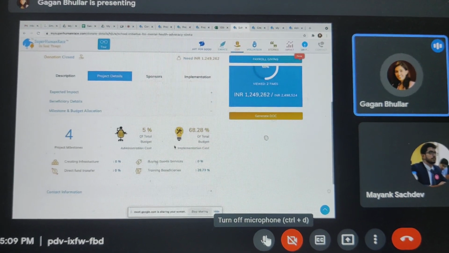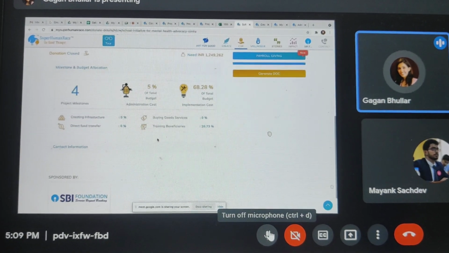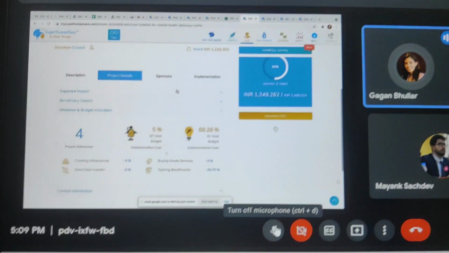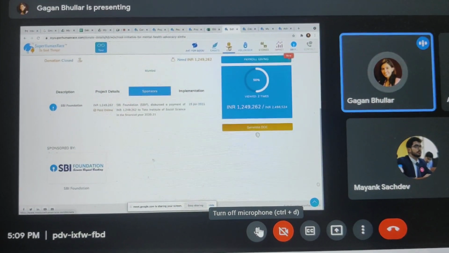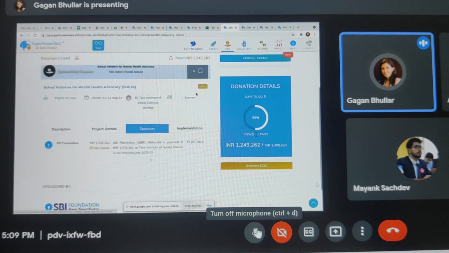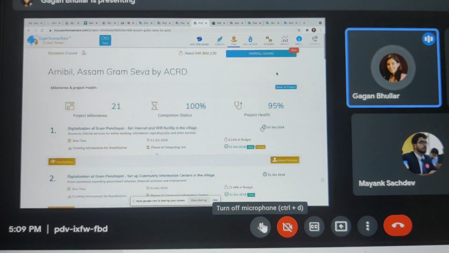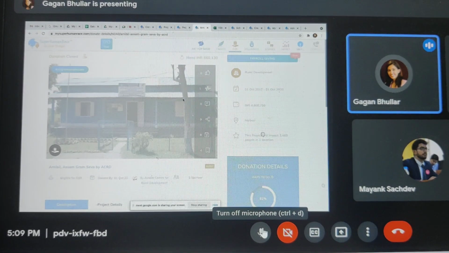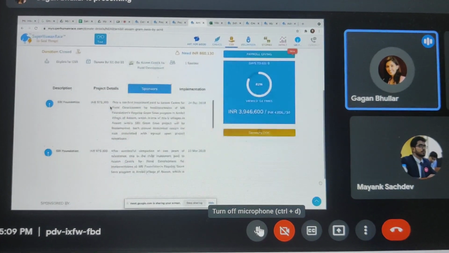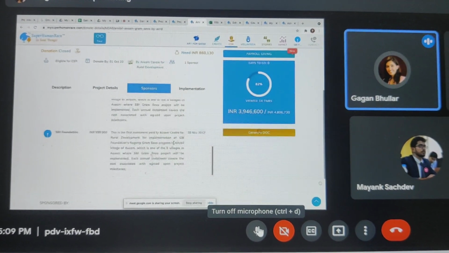So that is about the project in terms of what becomes visible to you on the front end. Then all of your installments get mapped here. Here there is a single installment, but there will be projects where there'll be multiple milestone-based installments, paid over years. So even those get mapped just like this. So there's no problem.